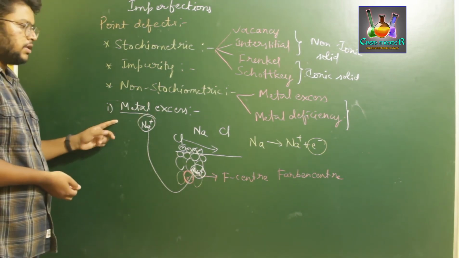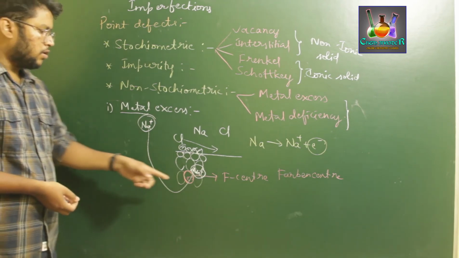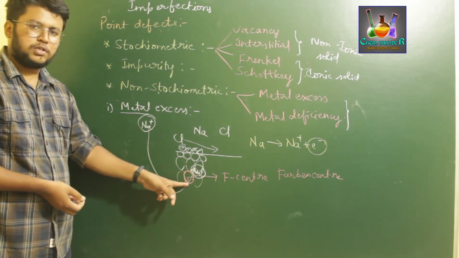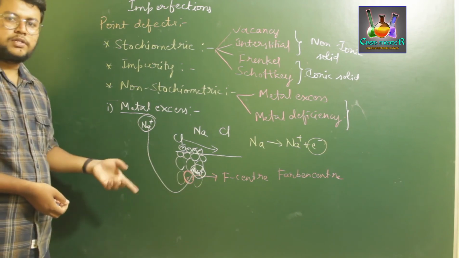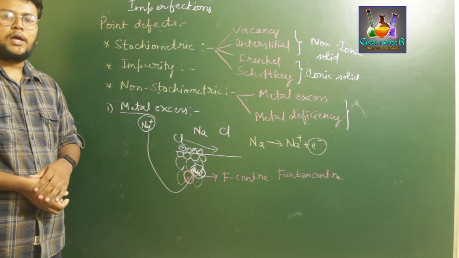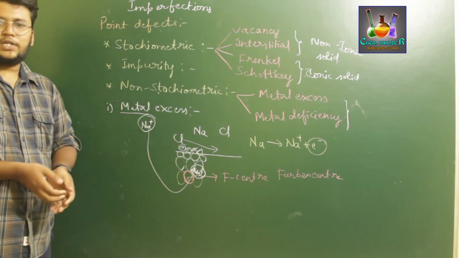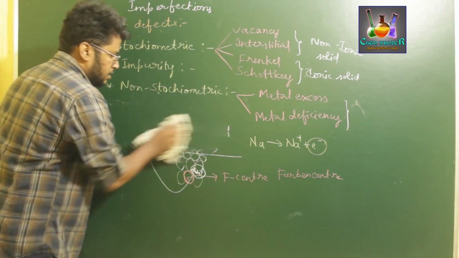So metal excess defect has two causes. One, electrons released by the metal ions occupy the F center, whereas in the other case the metal ions themselves occupy the interstitial position. So these two are types of metal excess defect. Next we'll come across the metal deficiency defect. For a metal deficiency defect, what we observe is